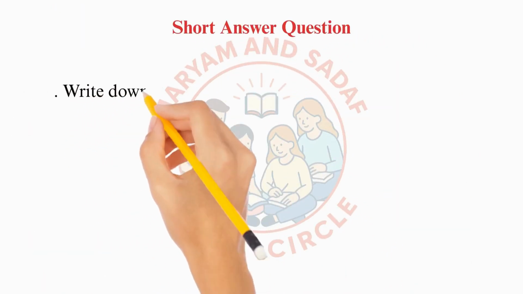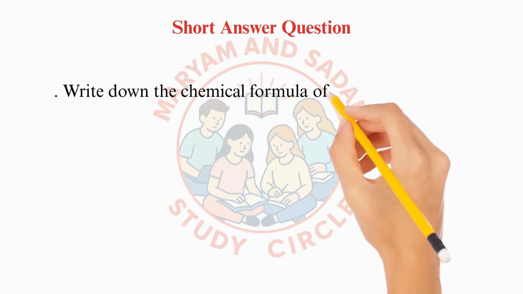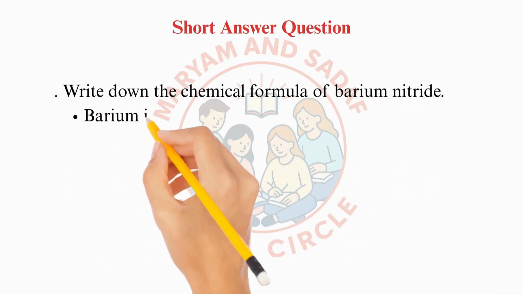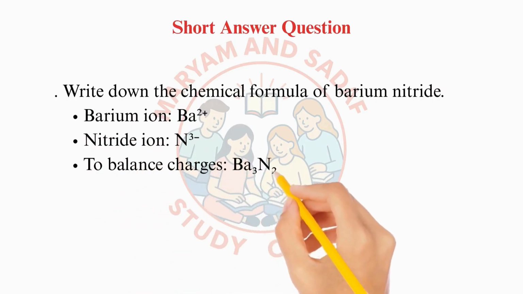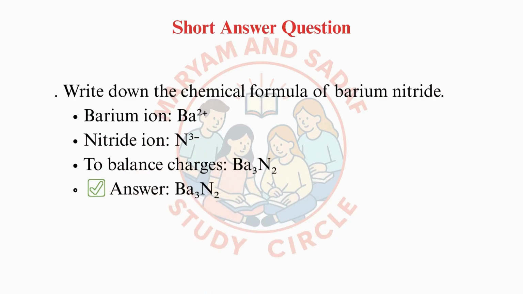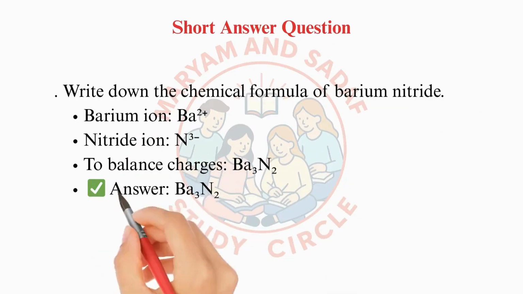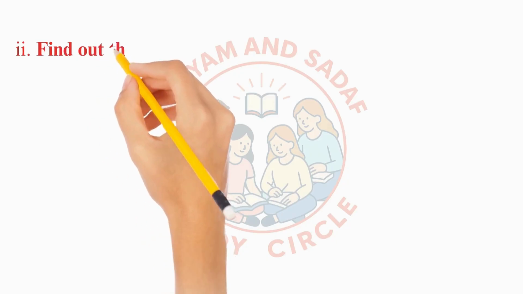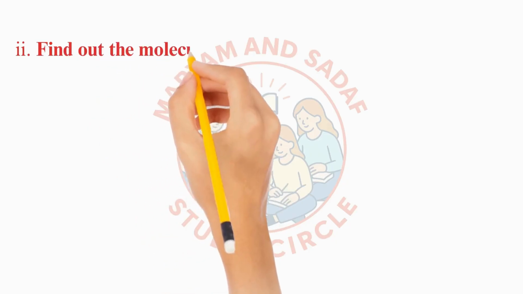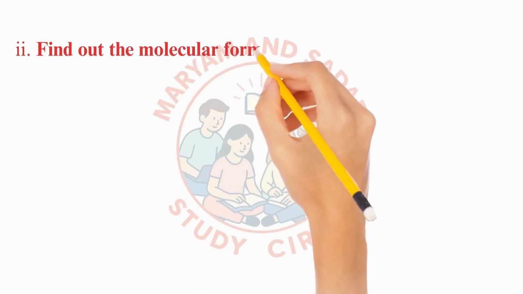Write down the chemical formula of barium nitride. Barium ion, Ba2+; nitride ion, N3-. After balancing charges, the formula is Ba3N2. Find out the molecular formula of a compound whose empirical formula is CH2O, and